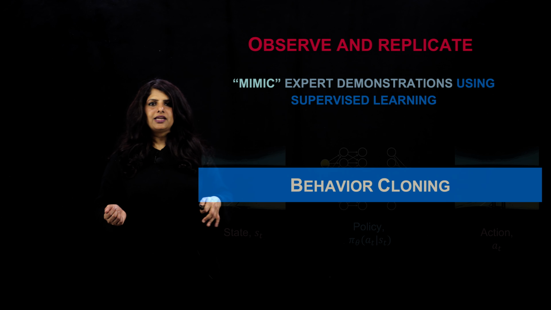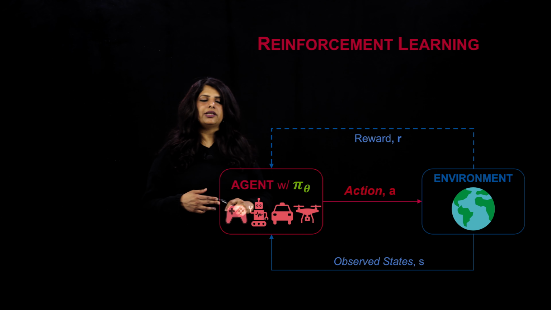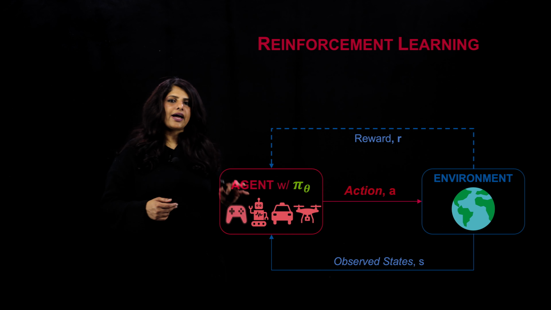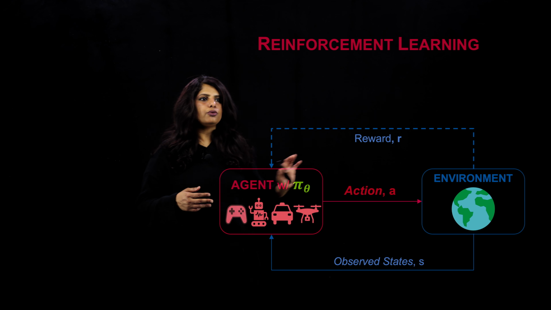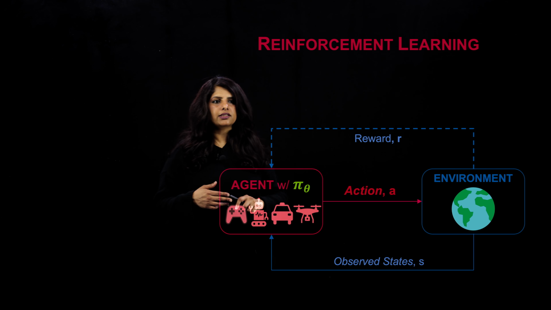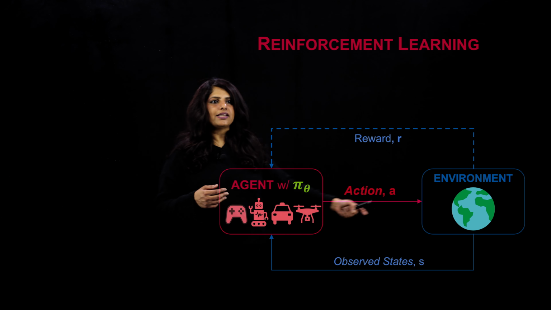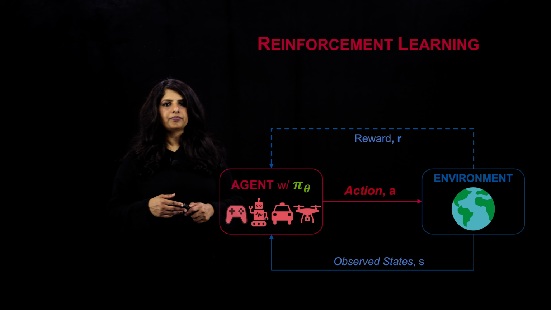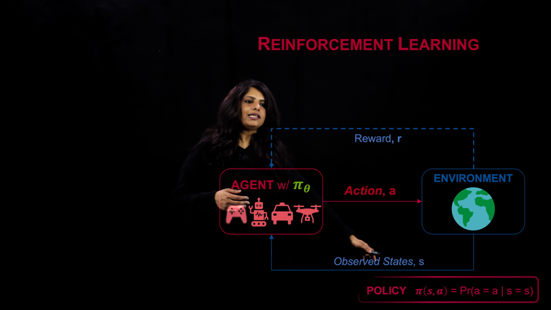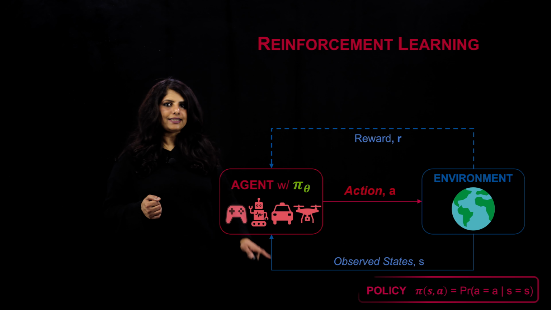Let's ground this in a framework that we are a little more familiar with. When we're thinking about reinforcement learning, we have an agent that is going to learn through experience by interacting with the environment. And it is going to do this by taking a certain series of actions. And the goal is to figure out what the optimal policy pi is so that it accumulates the maximal amount of reward possible during these interactions. As a refresher, the policy is nothing but a probability that is assigned to all the actions that we can take when the agent is at a certain state.